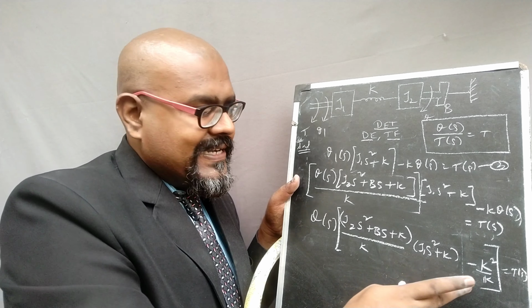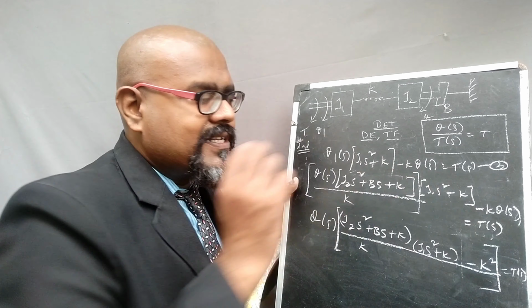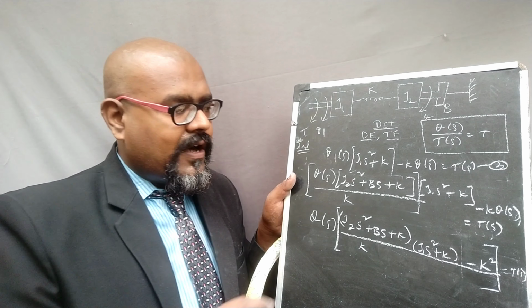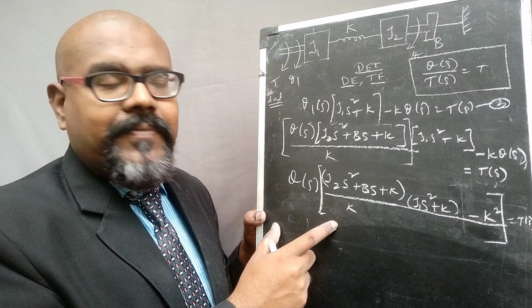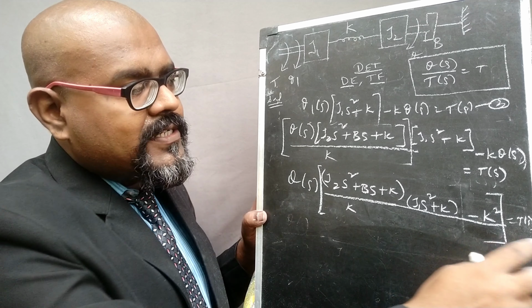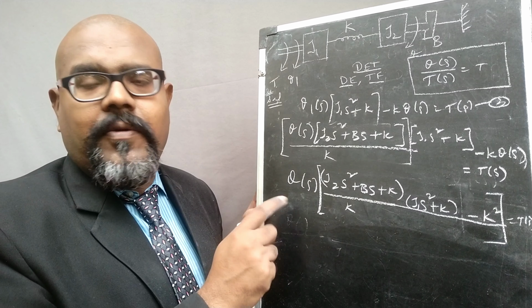So now take the LCM, then the conversion is made like this. Okay, I hope you understand. Now move this particular thing to the right hand side. So this is the conversion we made. The next step we need to do is move this particular T of s in the downward direction, that is, into the denominator.